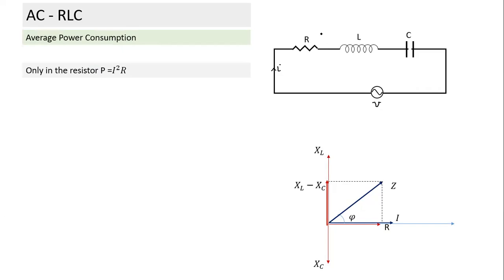And what is power consumption? If I know the RMS value of current, where I indicates the RMS value, power consumption is I square R. That's pretty simple. So if we understand this point, what's the difficult part?